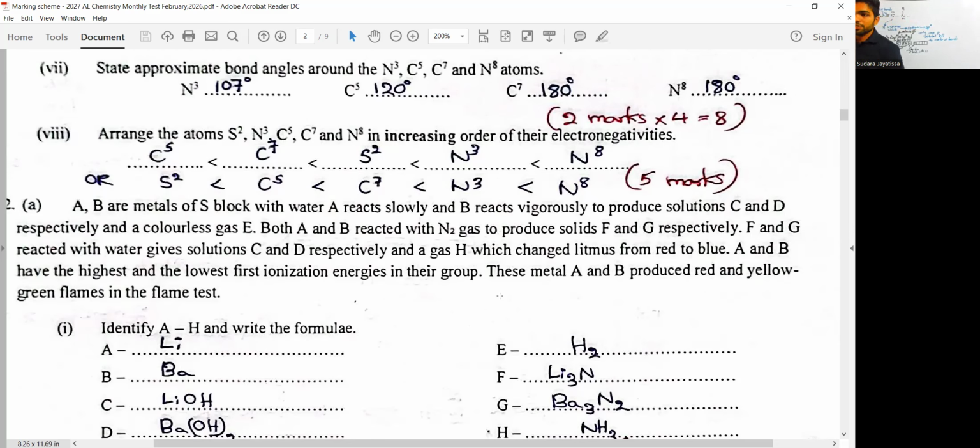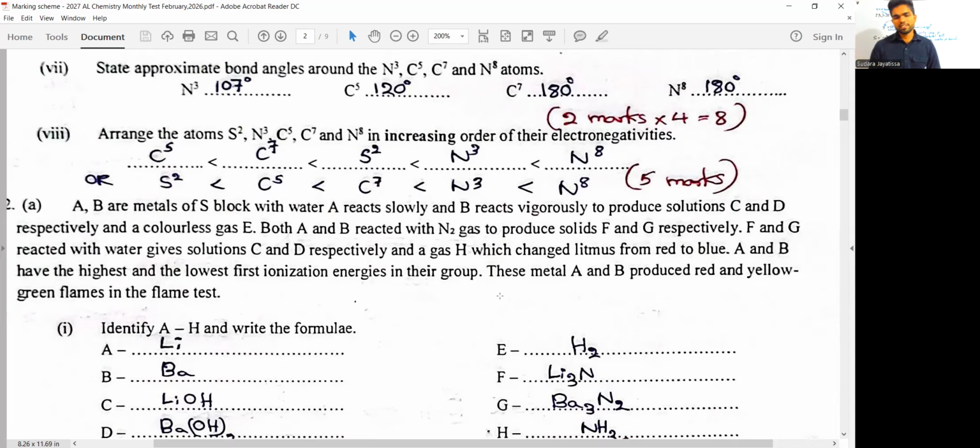Okay, it's not that much slow. It is not slow, right? Like magnesium. Okay, magnesium is really slow, but lithium is not like that. It is slower relative to the other elements of group 1. That's why they have mentioned slowly. But anyway,